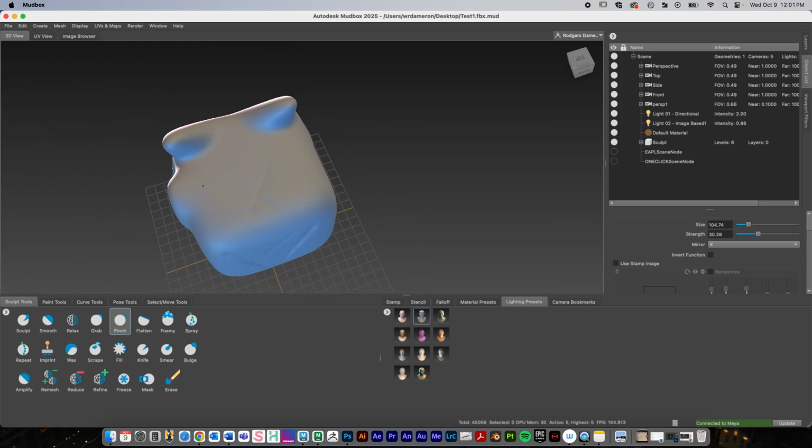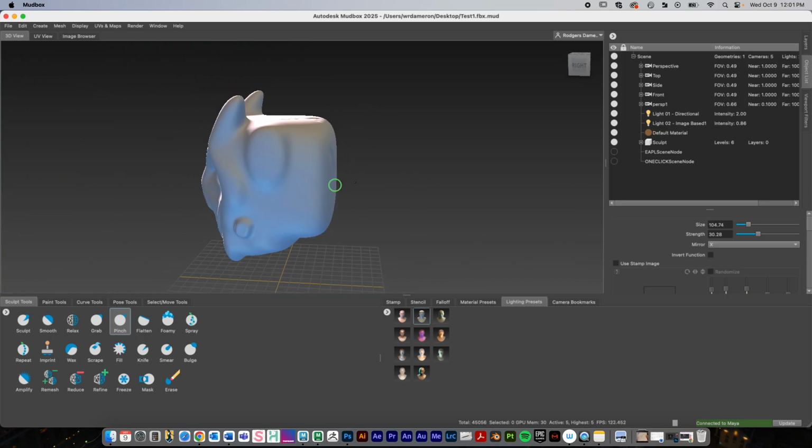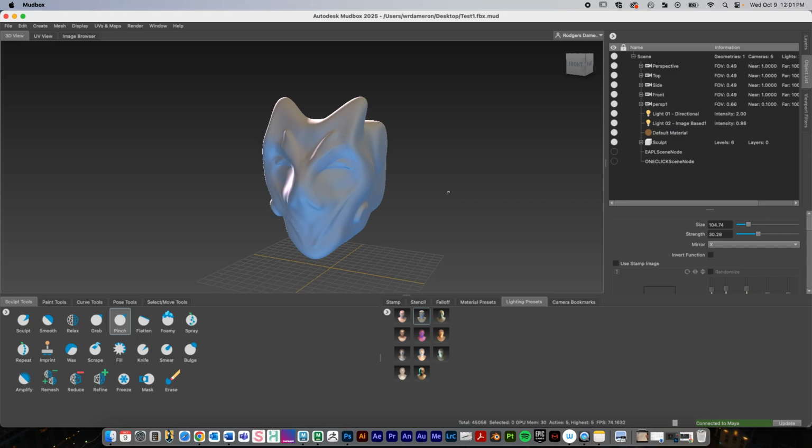So if you need abrupt cracks, the combination of those two tools can be a good option. And so from here, pretend for a minute that I'm done with my sculpt. I can bring this back into Maya. In order to do that, I can just go File, and then